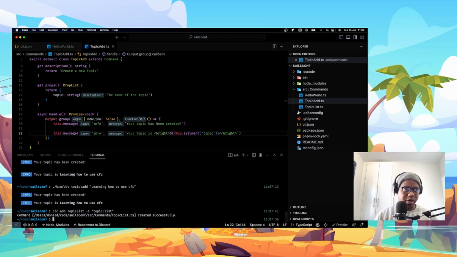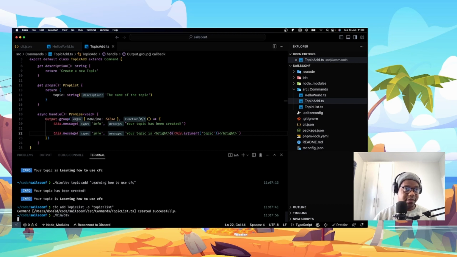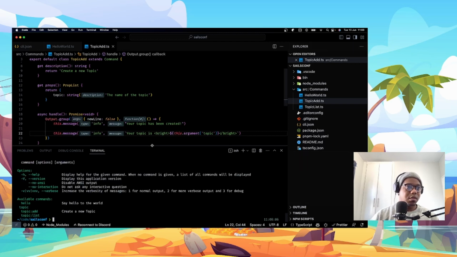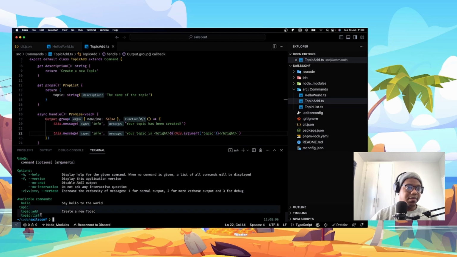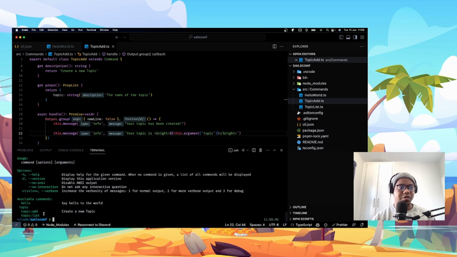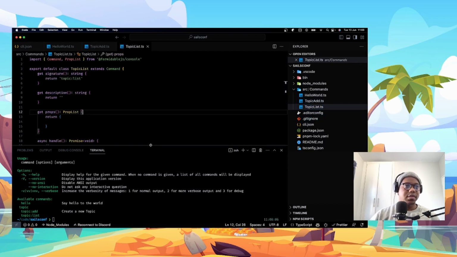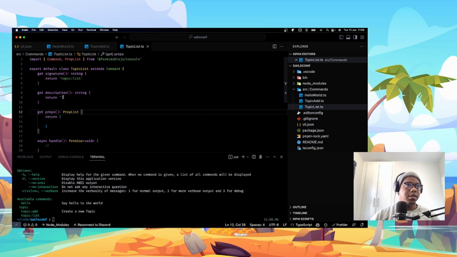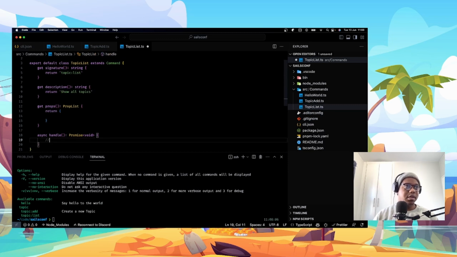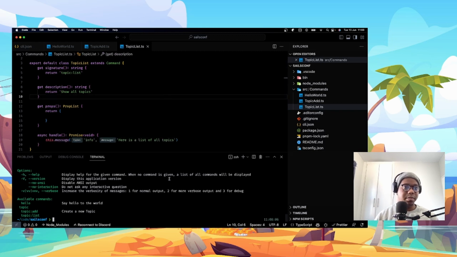So if we run bin dev, you'll notice that all the topic commands have been grouped together, which is pretty cool. So let's open up our new command, show all topics,